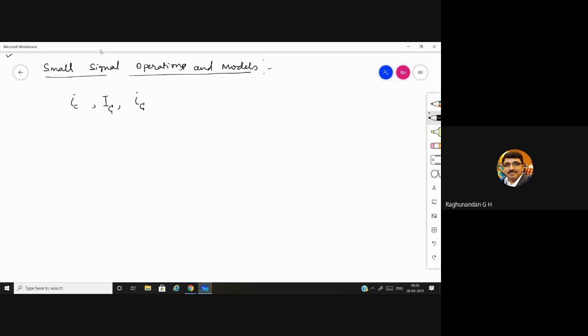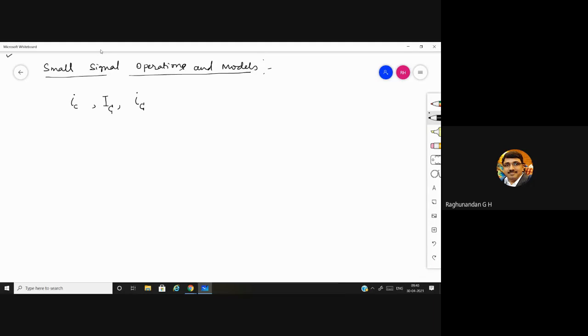Each of them has a different meaning, even though they are all collector currents. Understand it carefully, otherwise in the derivation you will not understand why we are taking small i, why we are suddenly taking capital I, why we are taking small c, and again capital C. These changes you also have to write properly in derivations. If you write capital I in the place of small i, then your derivation is wrong. So understand it carefully.